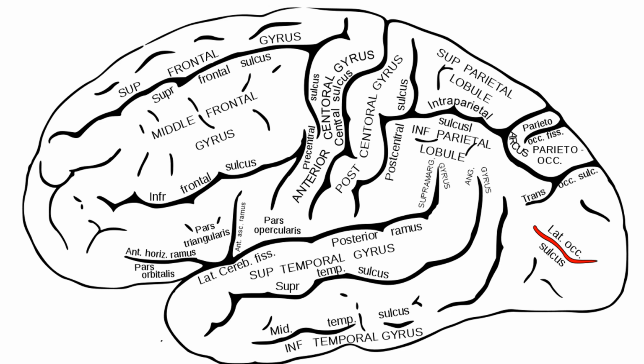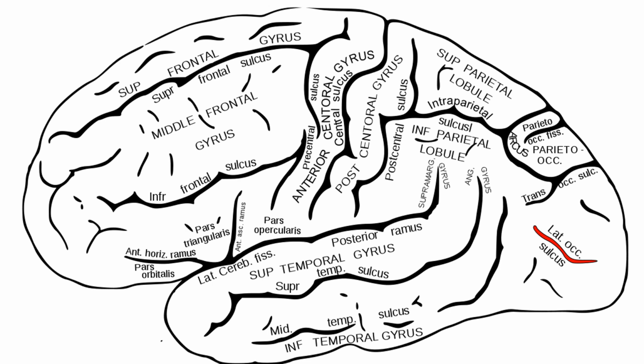The upturned posterior end of the posterior ramus of the lateral sulcus and the posterior ends of the superior and inferior temporal sulci extend to the inferior parietal lobule to divide it into three parts. The part that surrounds the posterior ramus of the lateral sulcus is called the supramarginal gyrus. The part surrounding the superior temporal sulcus is called the angular gyrus, and the part surrounding the inferior temporal sulcus is called the arcus